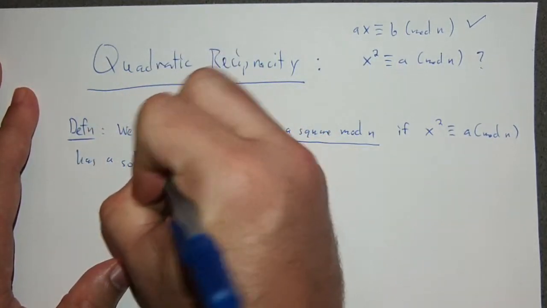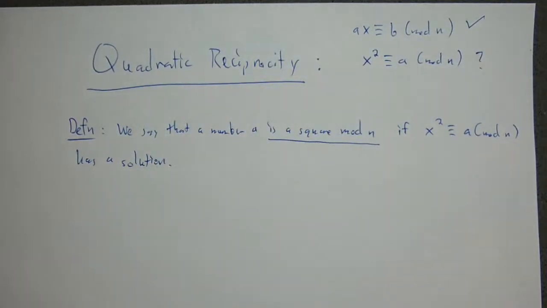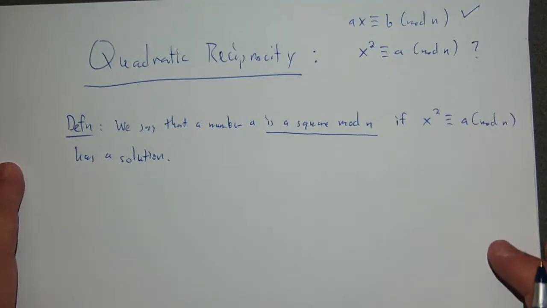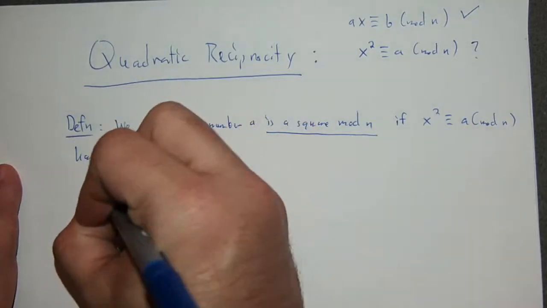Of course, the implication there is that there are going to be instances where an equation like this doesn't have a solution. That is indeed going to be something that happens. Otherwise, we wouldn't have a special name for it. All right. So, for example,